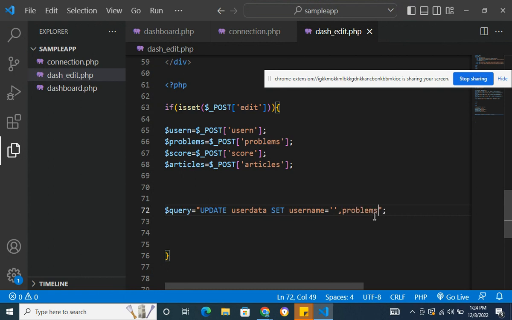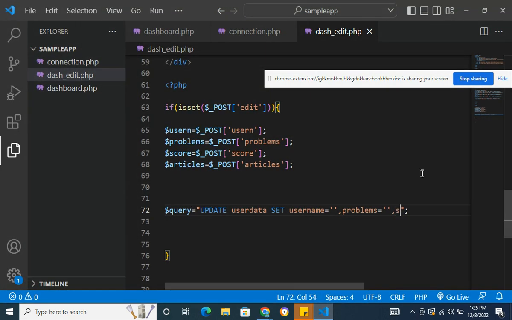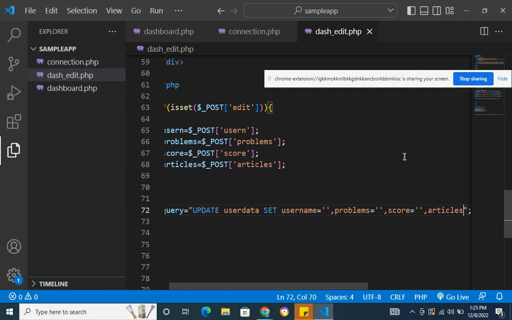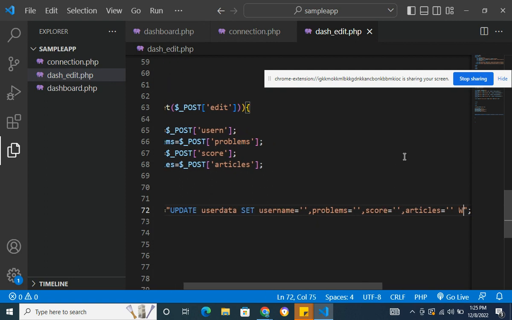Problems equals some value, comma. Anything else? Score equals some value, comma. What else? Articles equals some value. Then from there we say where